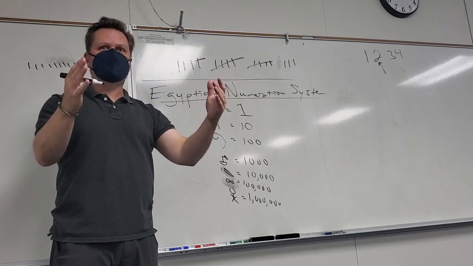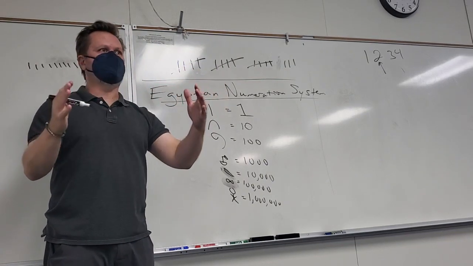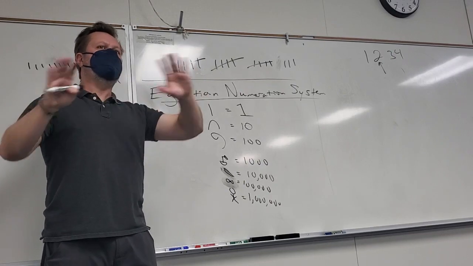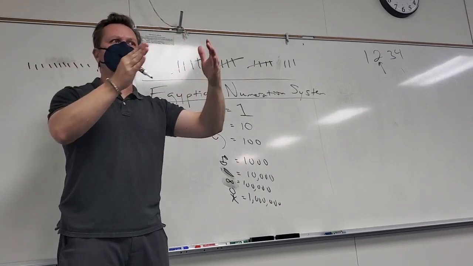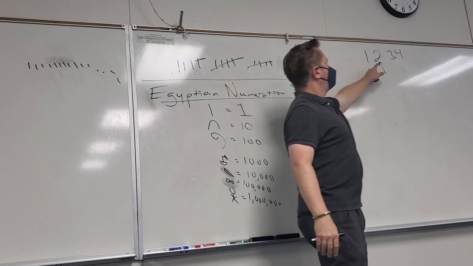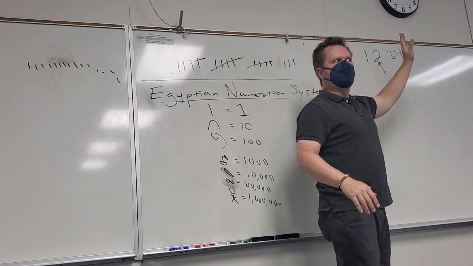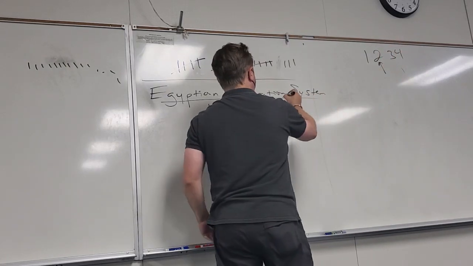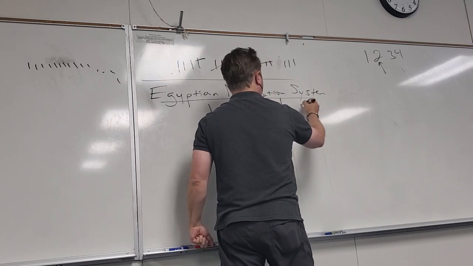And that's why we still use it to this day. It's a very nice way to do things. Egyptians did not have a place value system, or a positional value system, right? What they did was this. This is kind of cool. If they wanted to write the number 74,